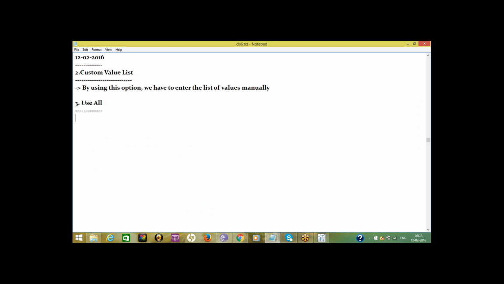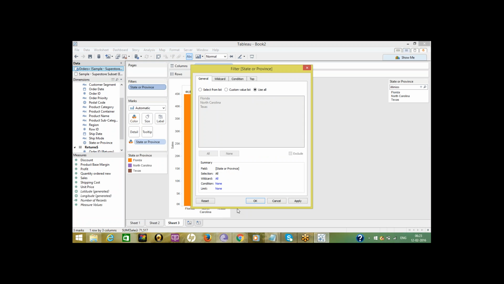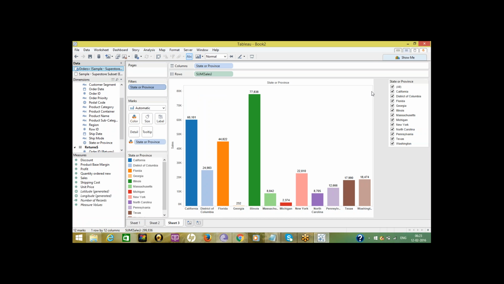In user, if you want to use all the options, then we need to select user. The user option gives all the options.